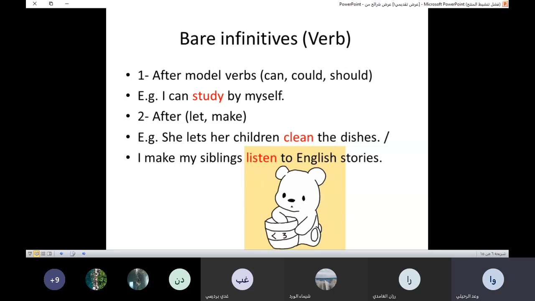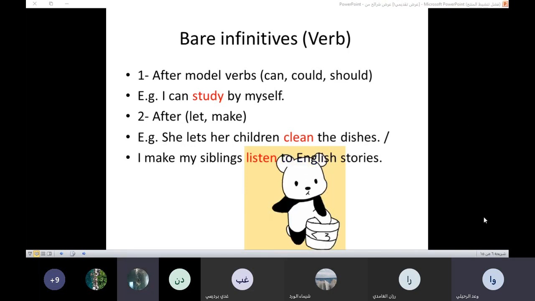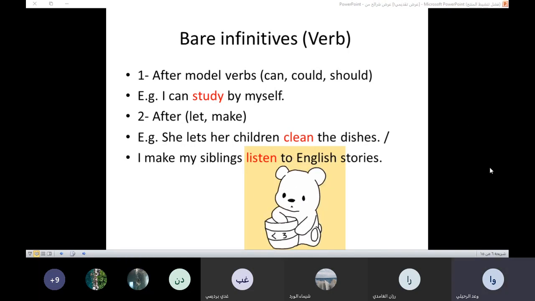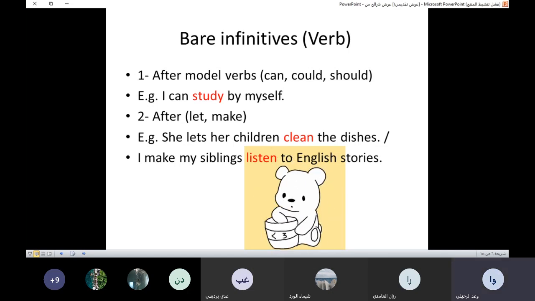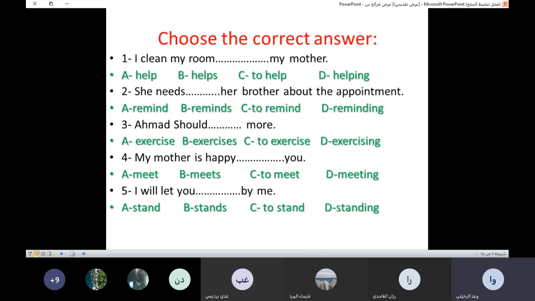Okay. So do you have any questions, Ola, about this grammar? No. Very easy, right? It's a long one, but it's very easy. The more that you practice, the more that you will not forget about this grammar. Remember these questions I gave to you in the class, so let's try to answer them again.